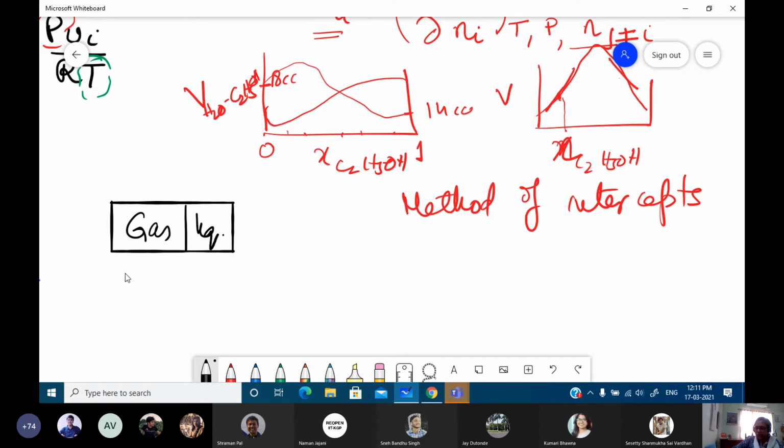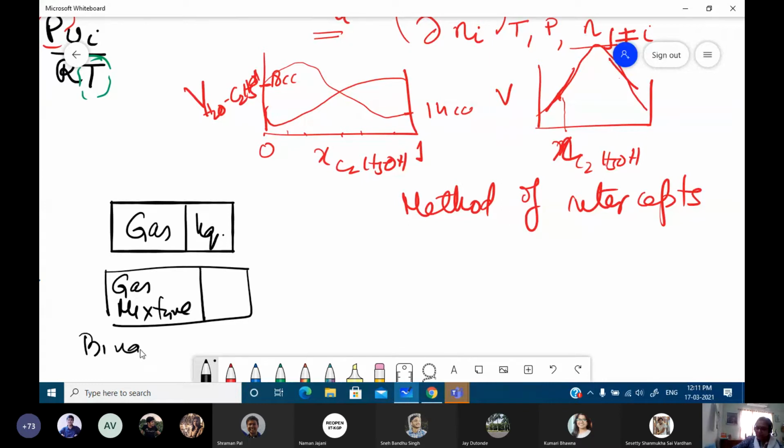Next, we have moved to mixtures. We have a gas mixture. What is the simplest case? For the time being, we can consider a binary mixture. We can have something more than that, but the same equations for binary are going to be applicable. And we have a liquid mixture. For the gas mixture, we have discussed how to find out the properties. For the liquid mixture, we have also discussed how to find out the properties.